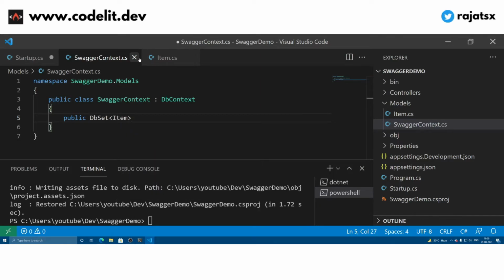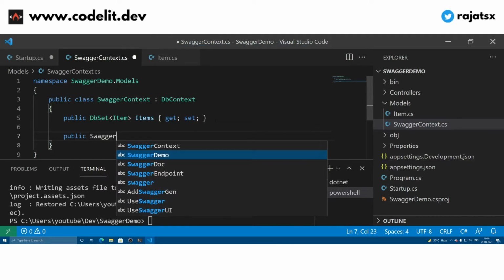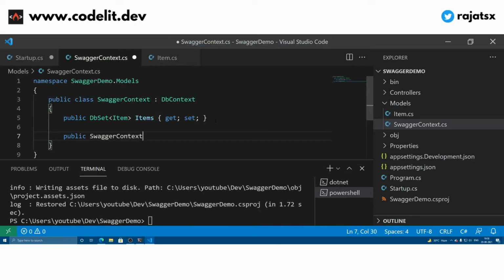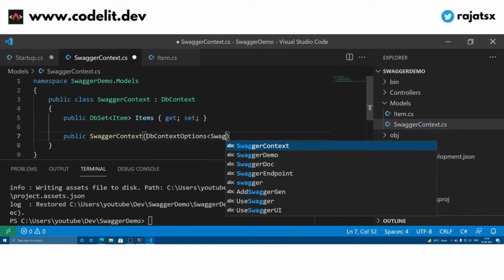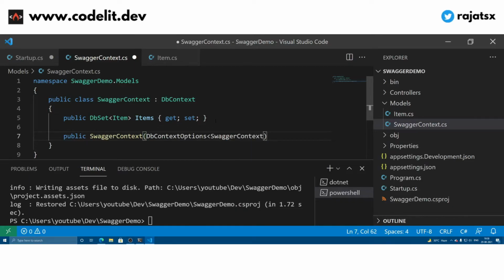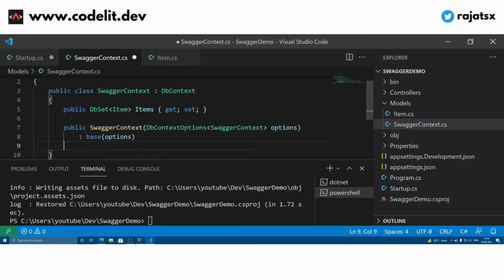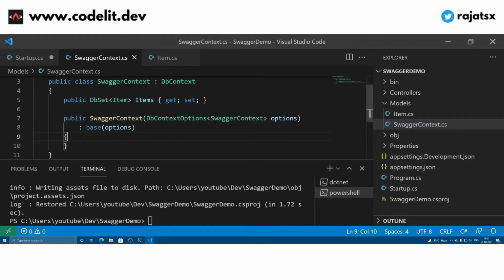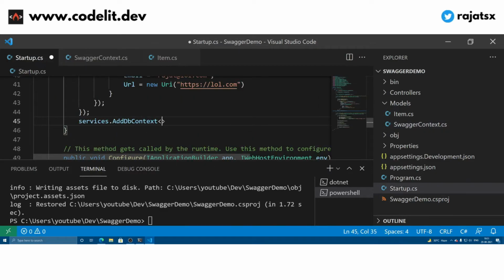So it is going to be of type Item, and then we are just going to create a DbSet for our items, and then we need a public constructor, DbContextOptions of SwaggerContext options, and it calls the base constructor along with the options, and that is it. So we have got our context ready, and now we can plug this context over here.